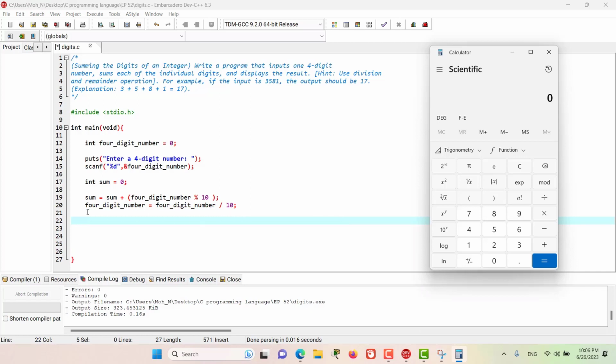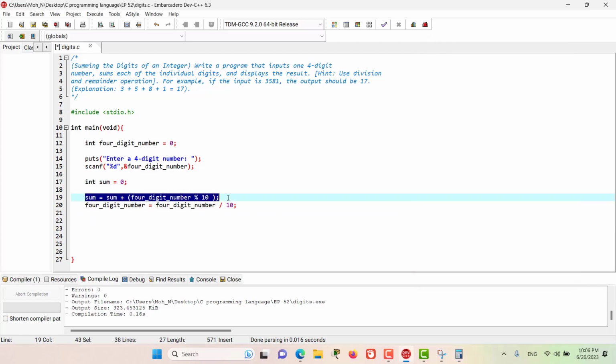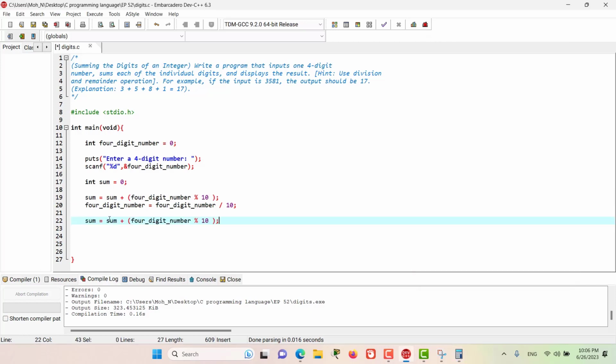So now that we have in the 4-digit number 4, 5, 6 and the 7 was omitted, now if I divide it by 10 and get the remainder using mod, I get another digit, which is going to be 6, and I'm going to store that 6 in sum. So I'm going to copy this statement once again,